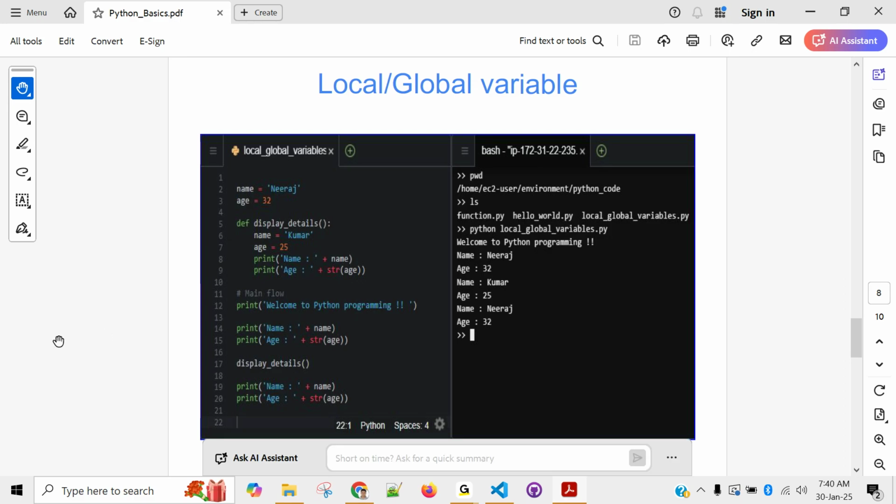Okay. Next is global and local variable. What do we mean by that? Inside a function, if you are declaring something, that would be your local variable. And outside of the function, whatever you're declaring, that is a global variable. And I will show you how it makes a difference. I will come back to our code